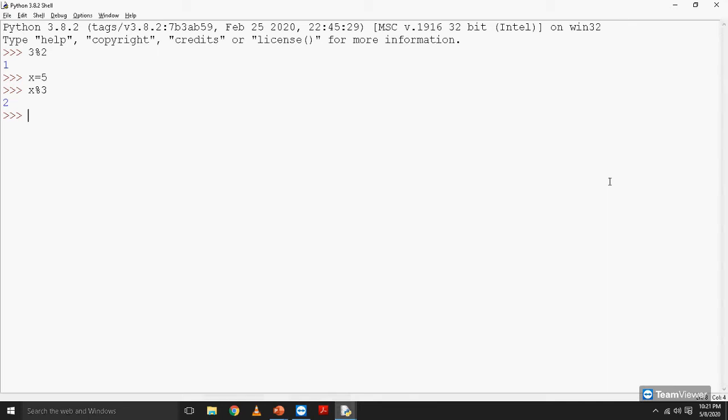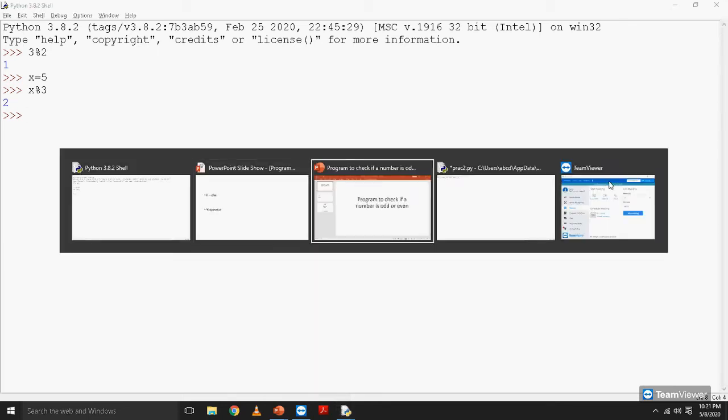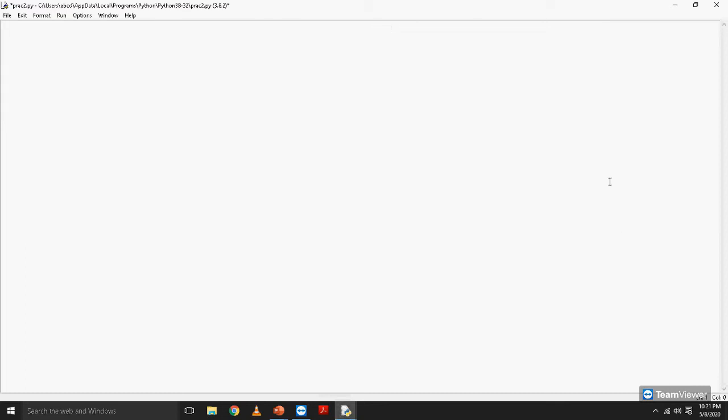Now let us move on to the program. I already have a file open. First we will have the user input a number. So I'll take that number in my variable x.